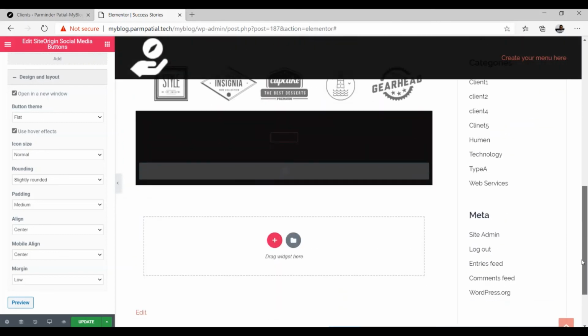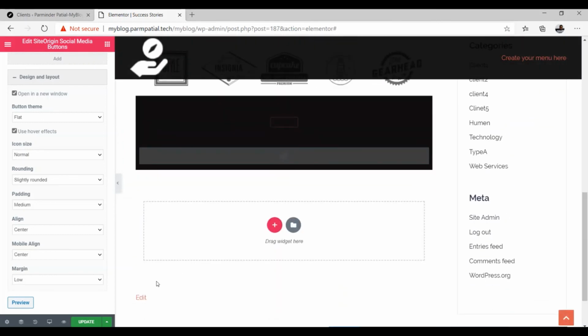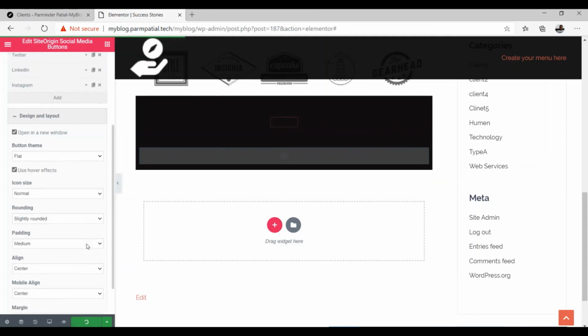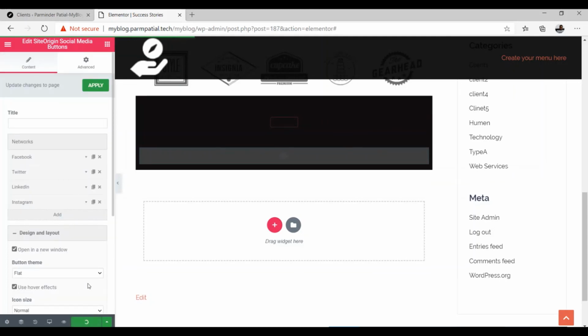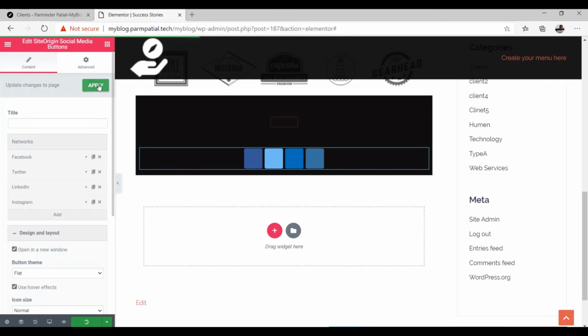Okay, and after this just click on the update button. Once your update is done, move up and click on the apply button.